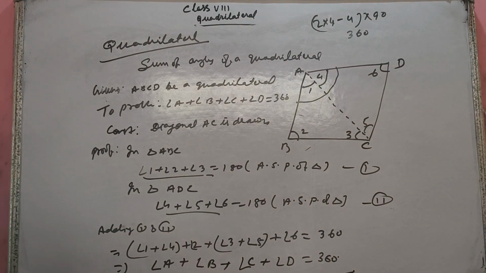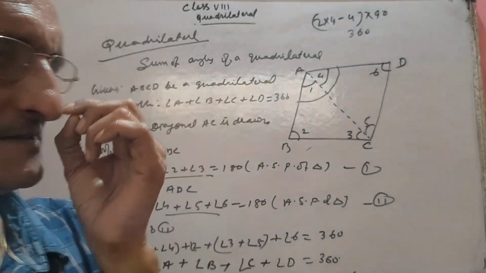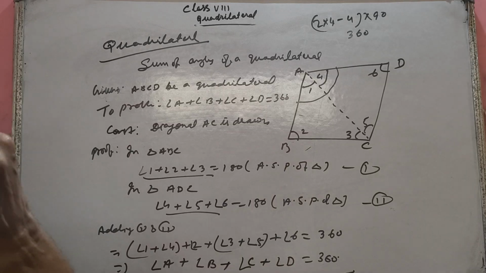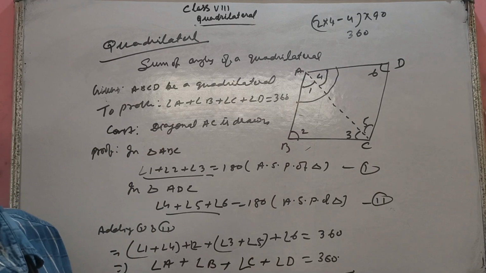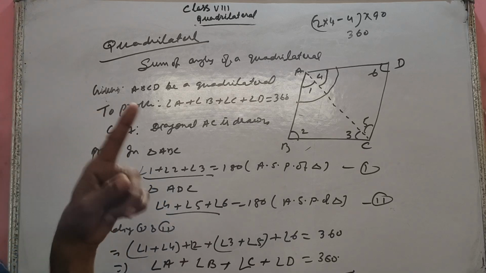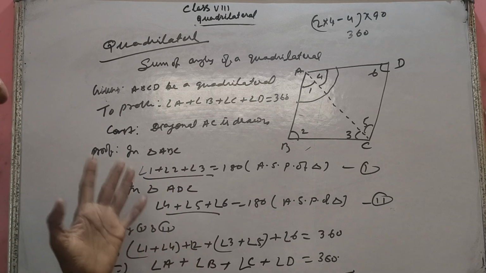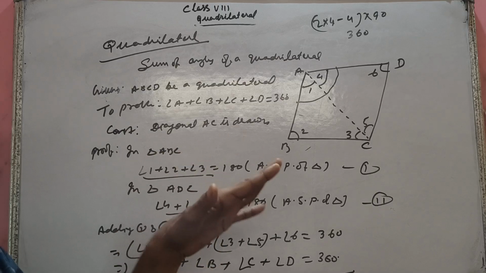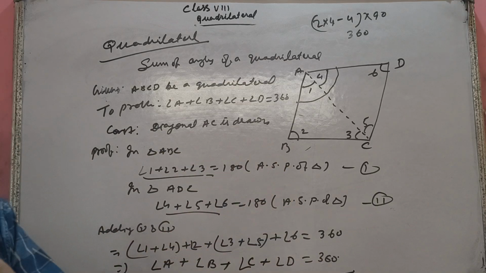Okay. So we have discussed today about polygons. There is the sum of exterior angles, there is the sum of interior angles, then the number of diagonals of a polygon, the formula and how to calculate. Then quadrilateral, then the angle sum property of a quadrilateral. In the next class, we will discuss the different types of quadrilaterals with their properties.